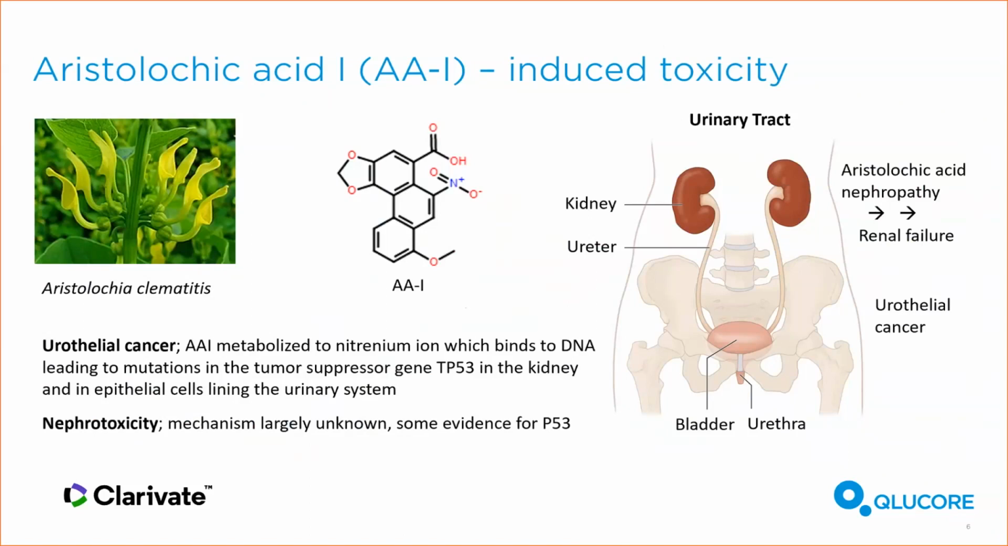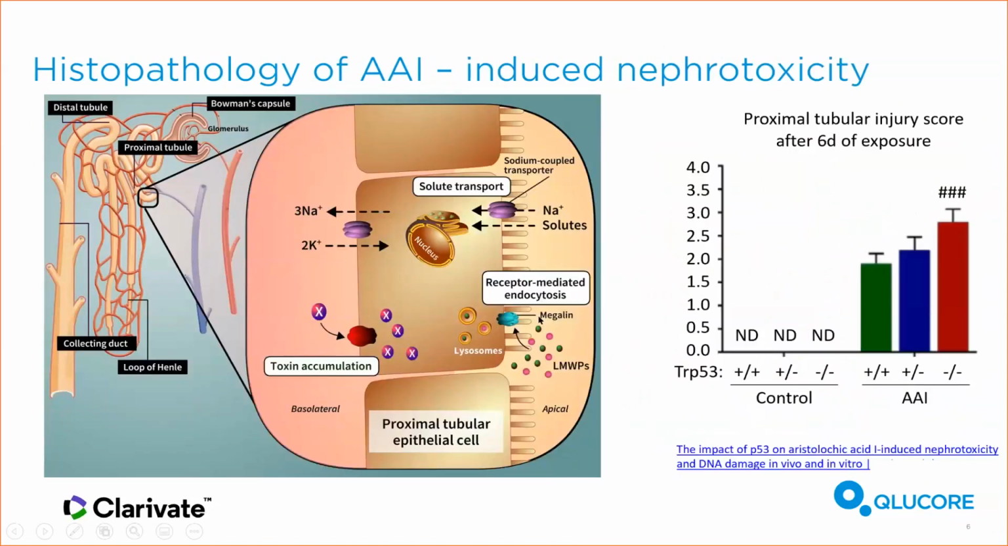For the nephrotoxicity, much less is known. But as shown in the next slide, there is some evidence that P53 might also play a role here. So what is known is that aristolochic acid causes toxicity in the nephrons, and in particular, it damages the proximal region of the nephron. And so you can see in this diagram, we have the glomerulus, which is all about